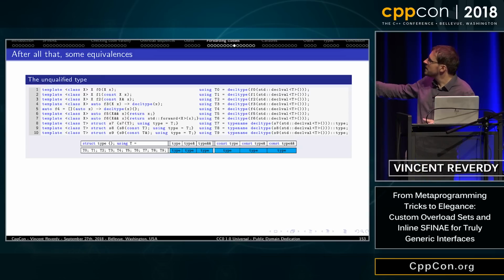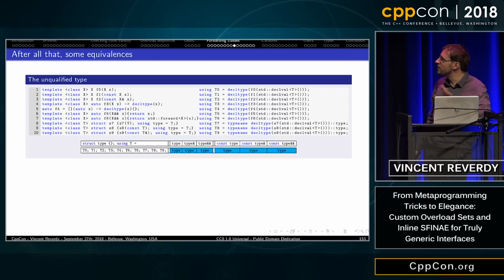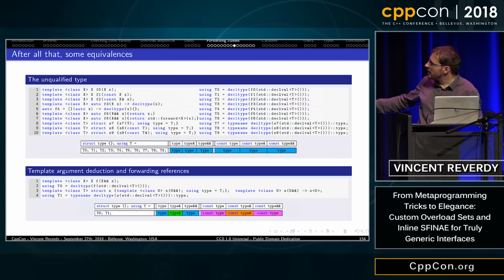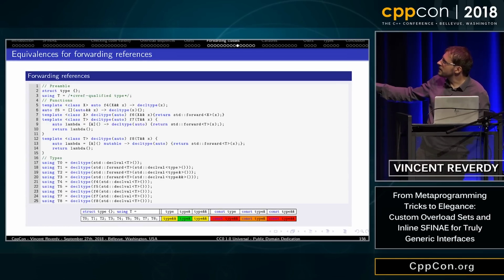For all of these, for T0 to T9, regardless of the input type, you will always get the non-qualified type. Same thing here, the two are the same by using decltype(val), and you get that as the output, and same thing for all these types.